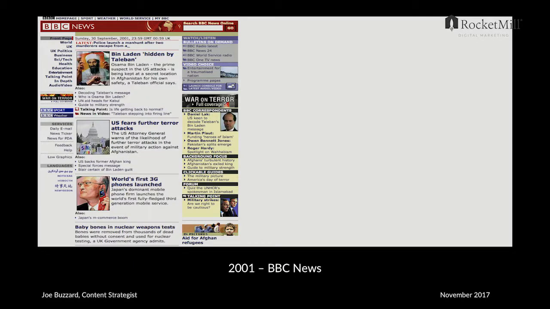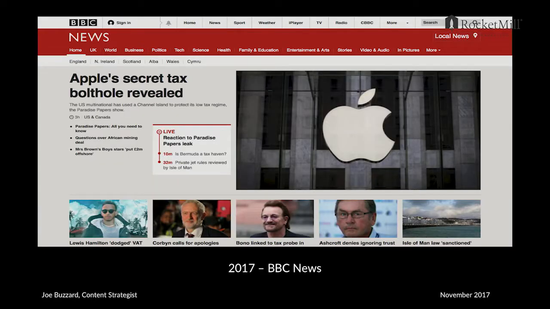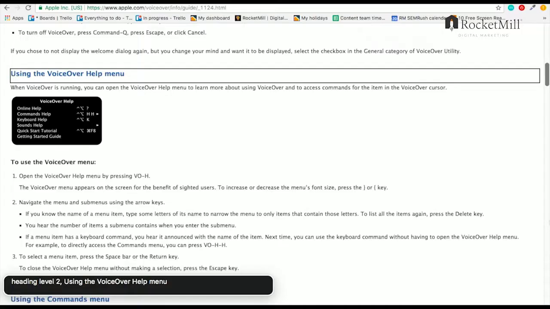Now, screen readers generally tended to work a lot better when the web looked like this. It was a lot more text-based, and although obviously it looks terrible, that white space just helped it navigate a lot easier. Websites now look like this, and there's a lot more visual imagery, a lot more of a story told by those visual elements. And that's great that we're able to be more creative and express ourselves as digital marketers. But at what cost? So I'm now going to give you an example of what happens if you remove alt